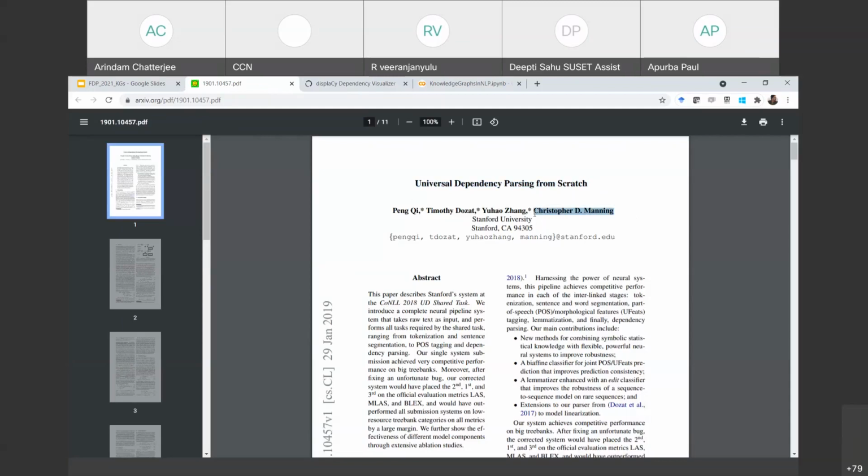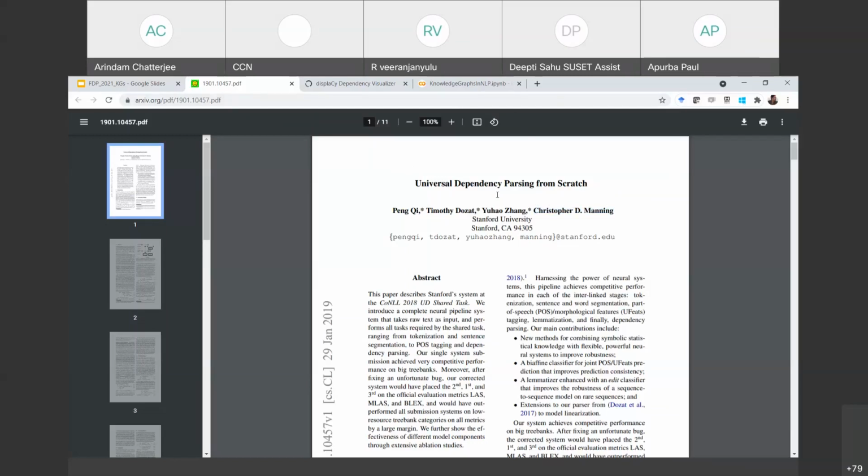The book that we start NLP with is Christopher Manning's book. It's a paper by Stanford University. They have their own dependency parser also, but Spacy is open source, and right now it's a bit better than the Stanford dependency parser. So if you want to build from scratch,